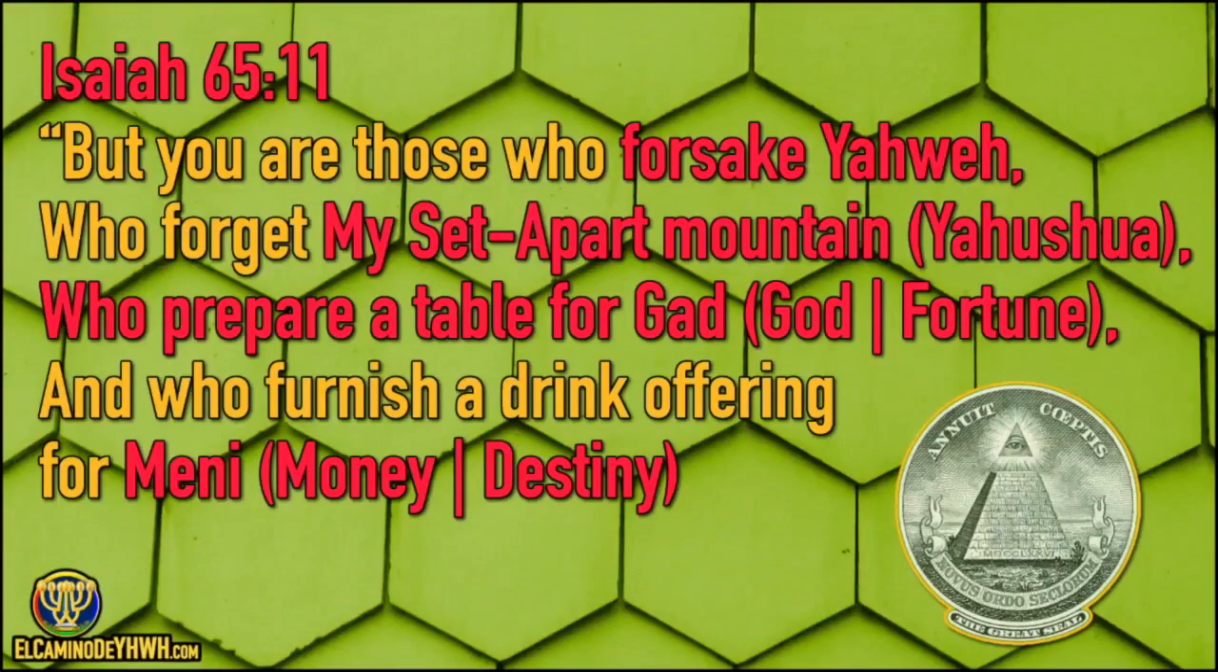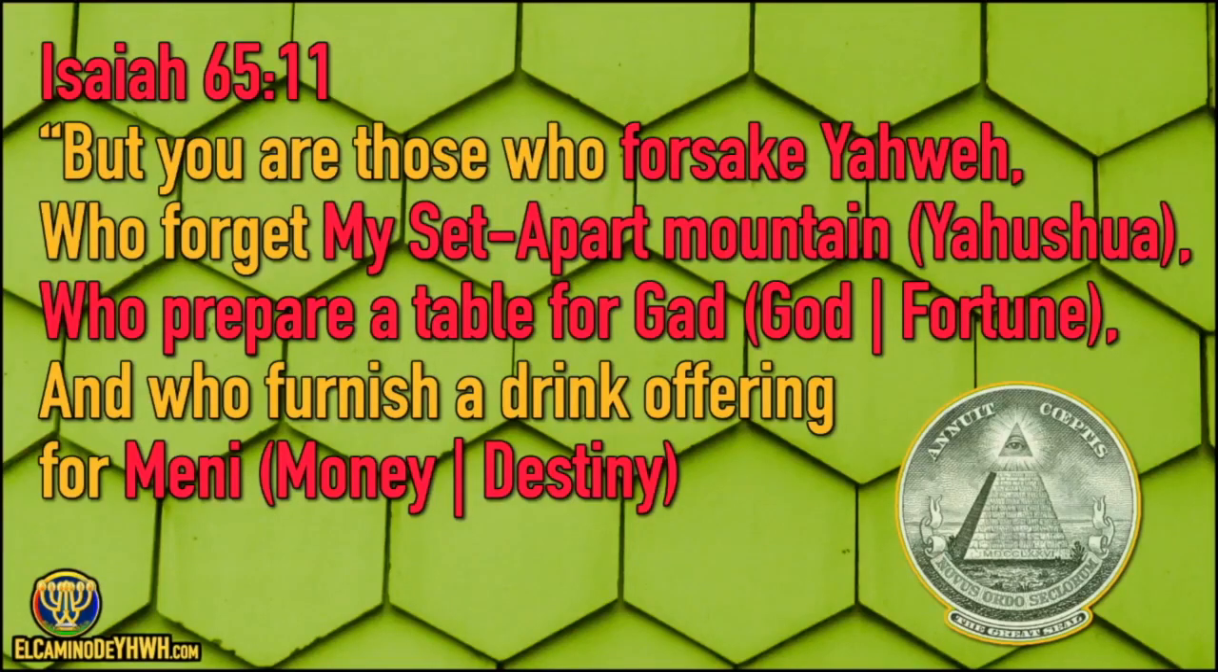The mountain represents the kingdom, and the kingdom was offered to us through Yahushua. So the mountain represents the kingdom in which Yahushua is king. Remember in Daniel, it says that from the mountain there was a stone that was cut out not by hand, that destroyed the statue that represented all the empires of the world. So, but you are those who forsake Yahweh, who forget my set-apart mountain, meaning who forget my kingdom, who forget the Messiah. And then, this is the key, who prepare a table